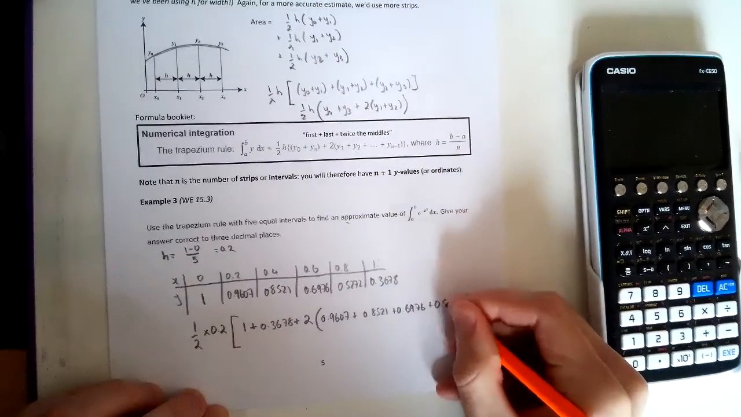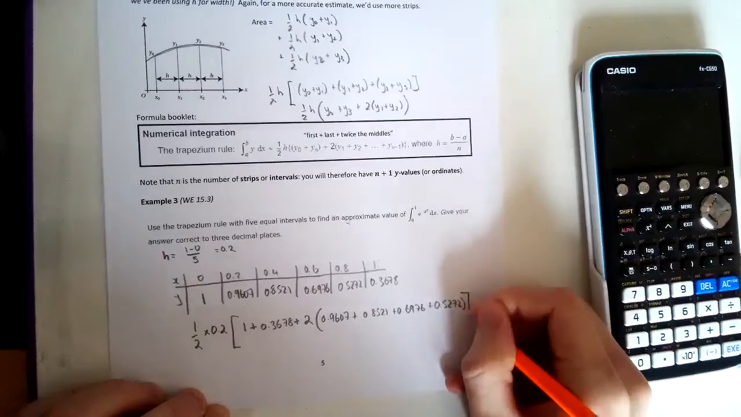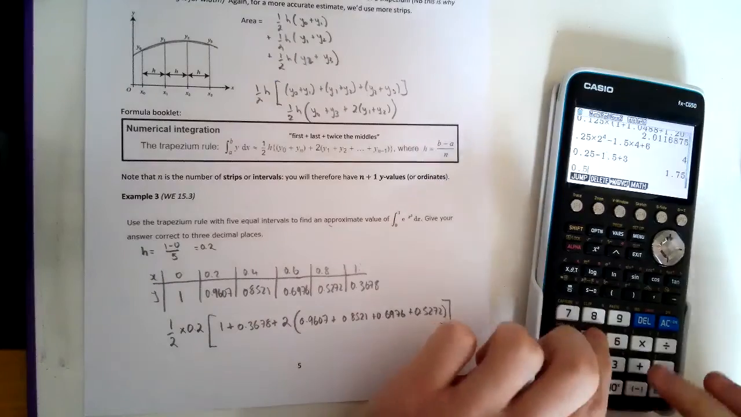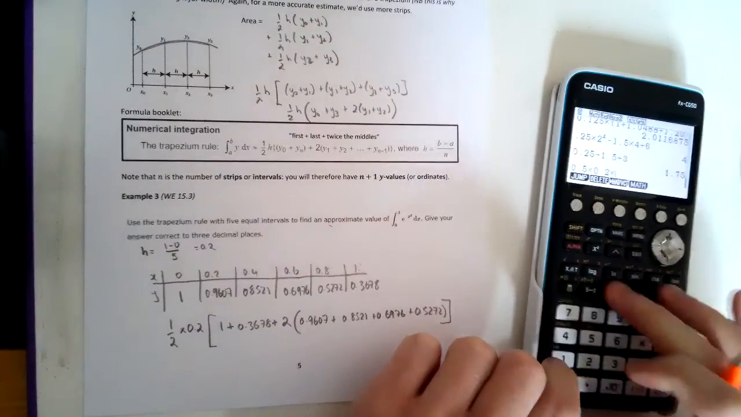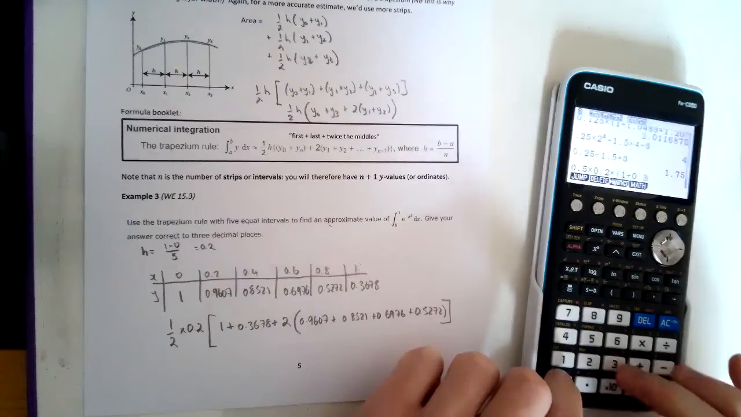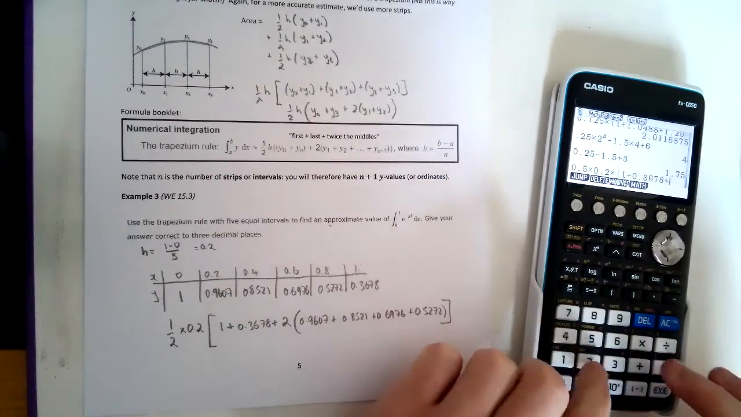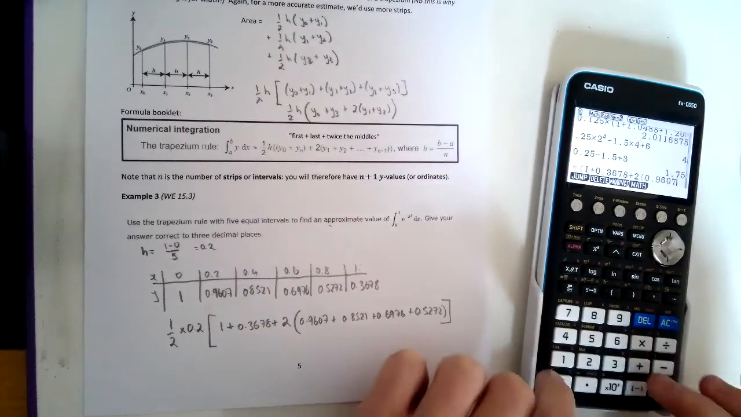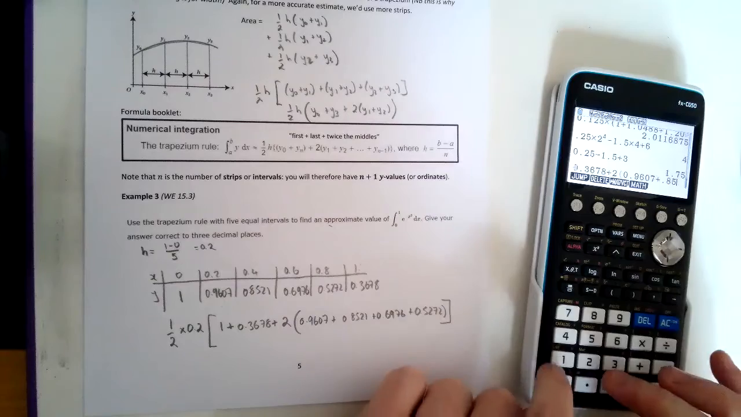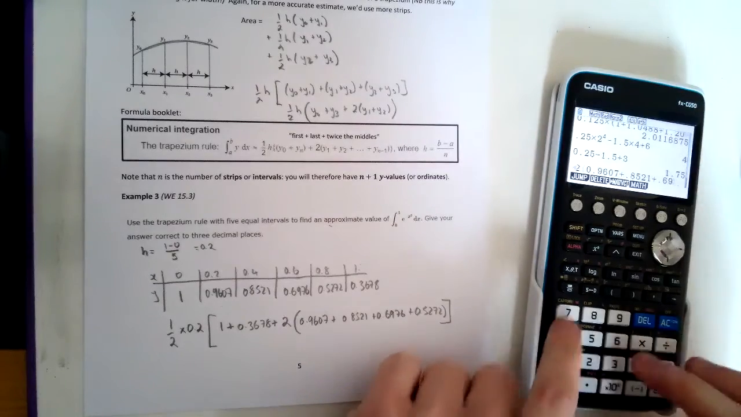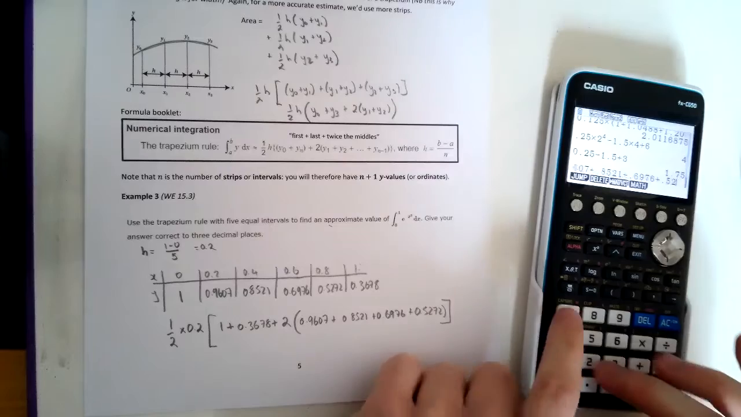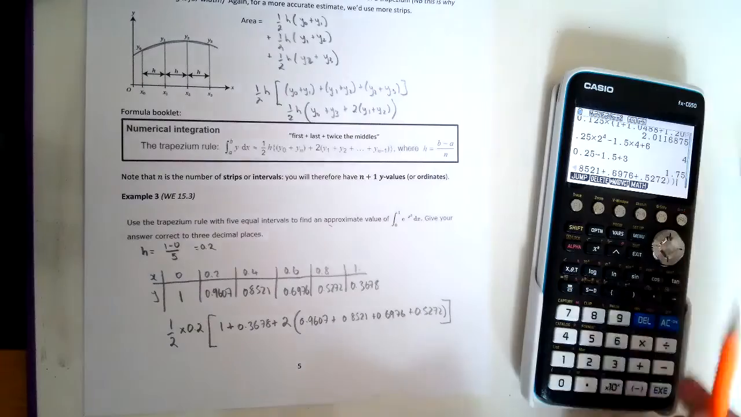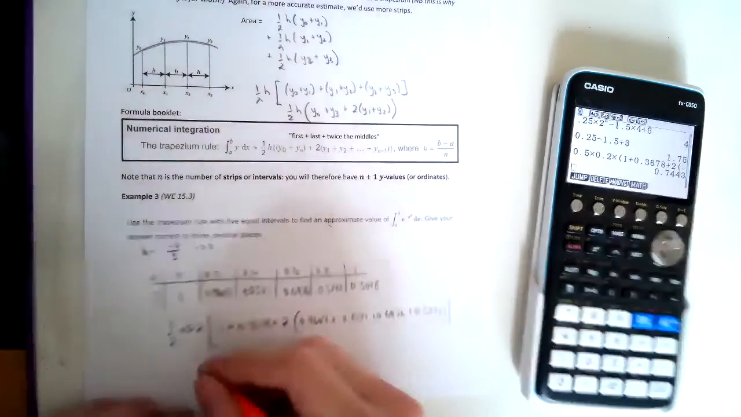And you get given this formula, so there's nothing to remember about this. So 0.5 times 0.2 times big bracket, 1 add 0.3678, add 2 times second bracket, 0.9607 plus 0.8521 plus 0.6976 plus 0.5272. Close that bracket, and remember to close the big bracket as well, so you should have 2 brackets at the end in your calculator. And that gives us